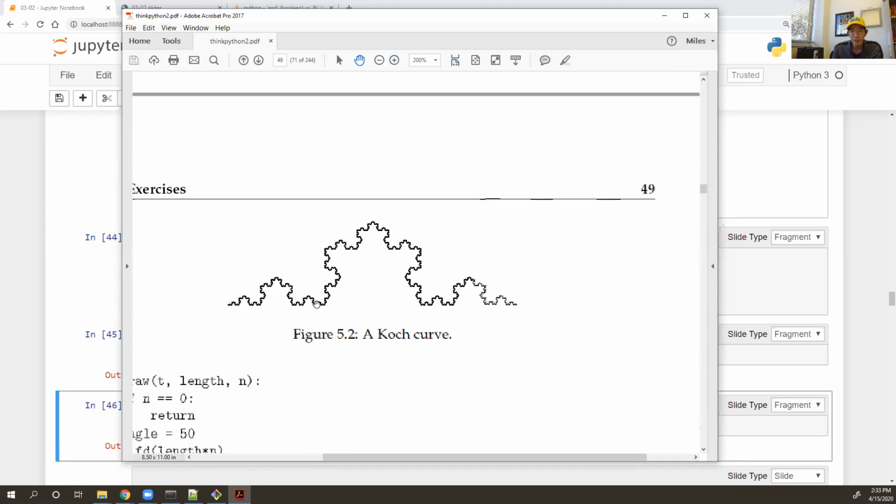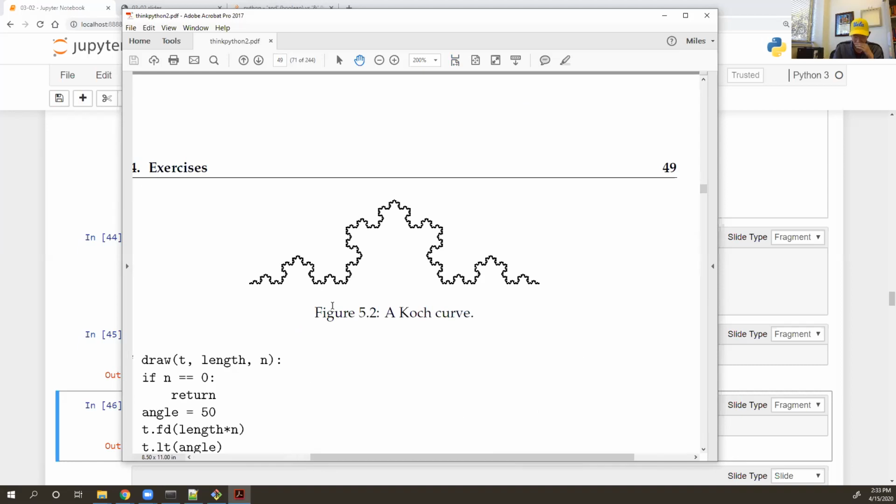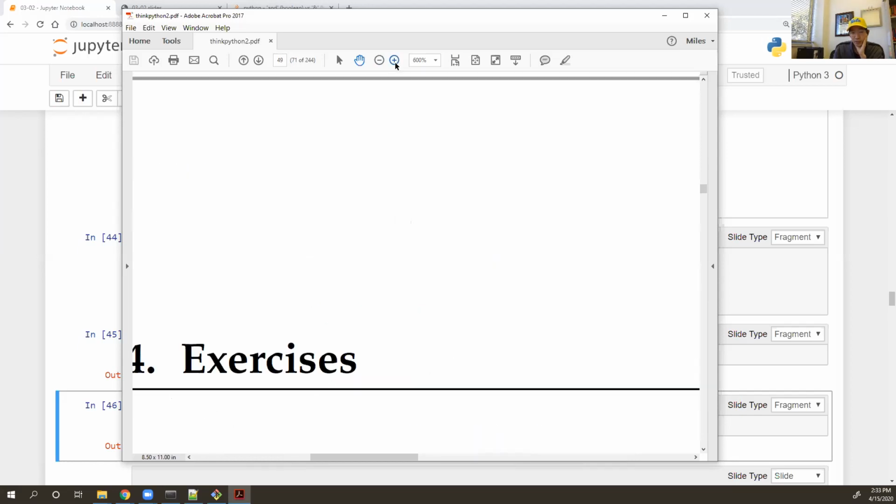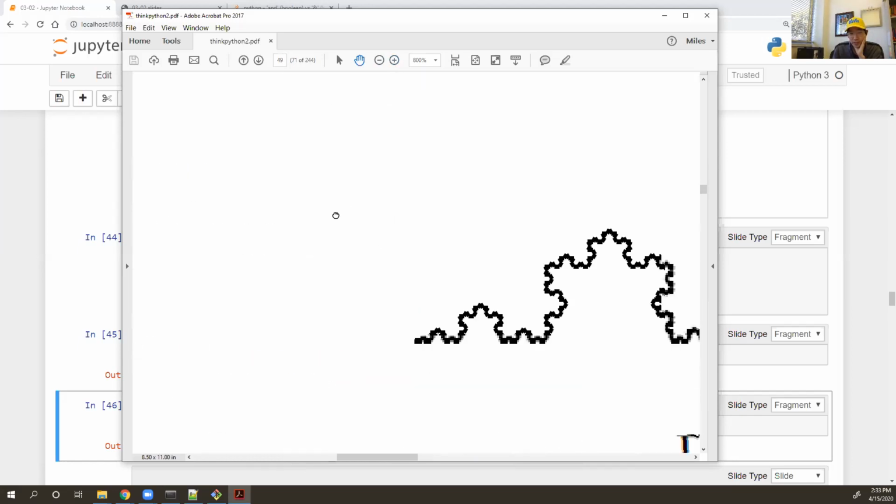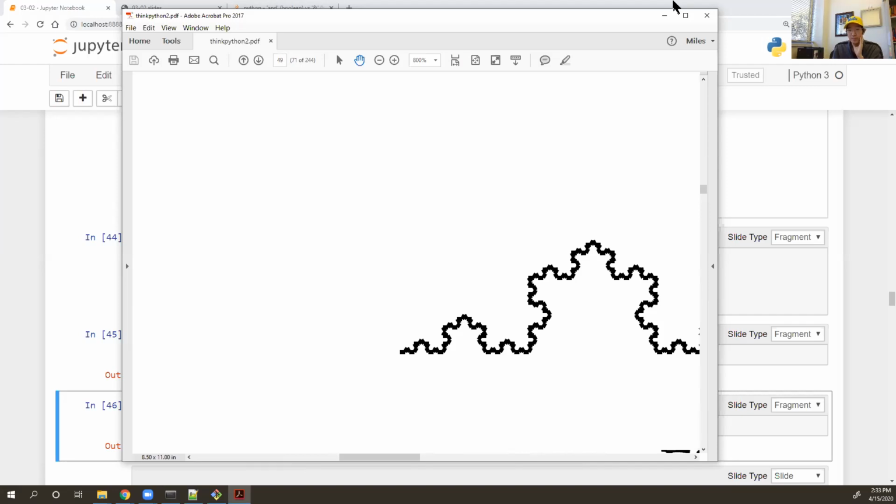But here is the Koch curve, and this is a fractal. And basically the base case is